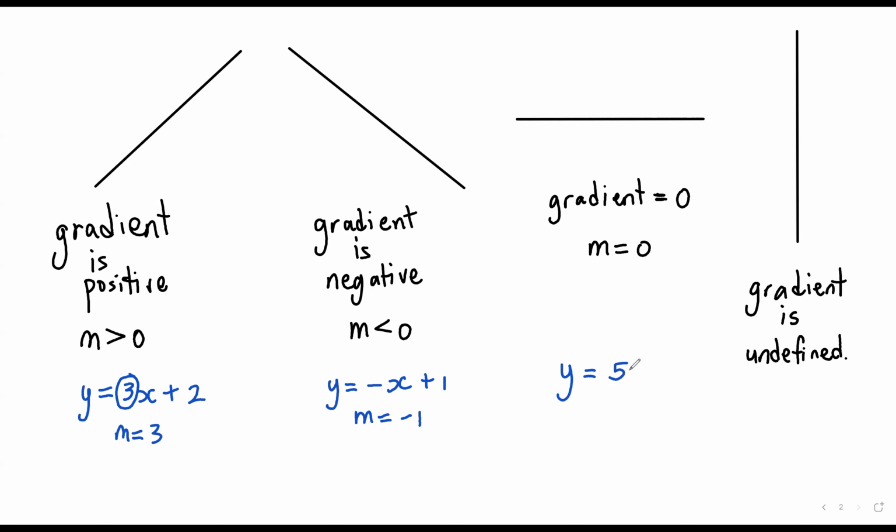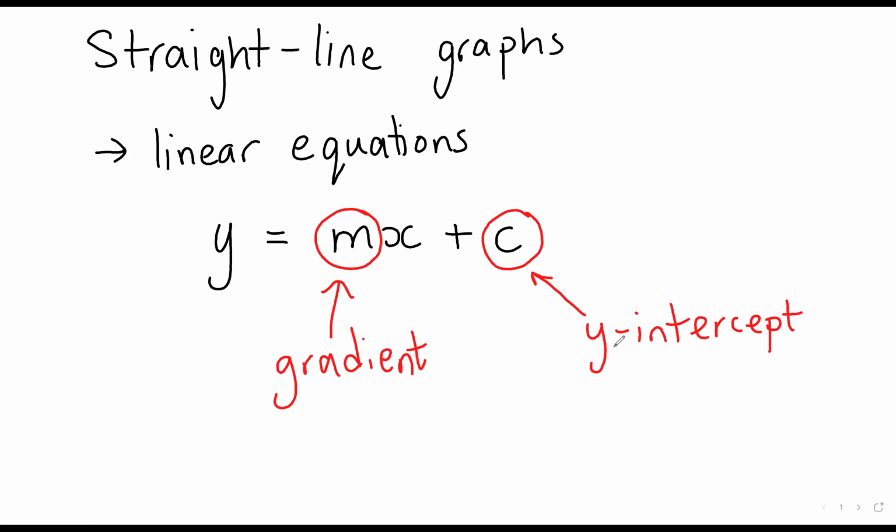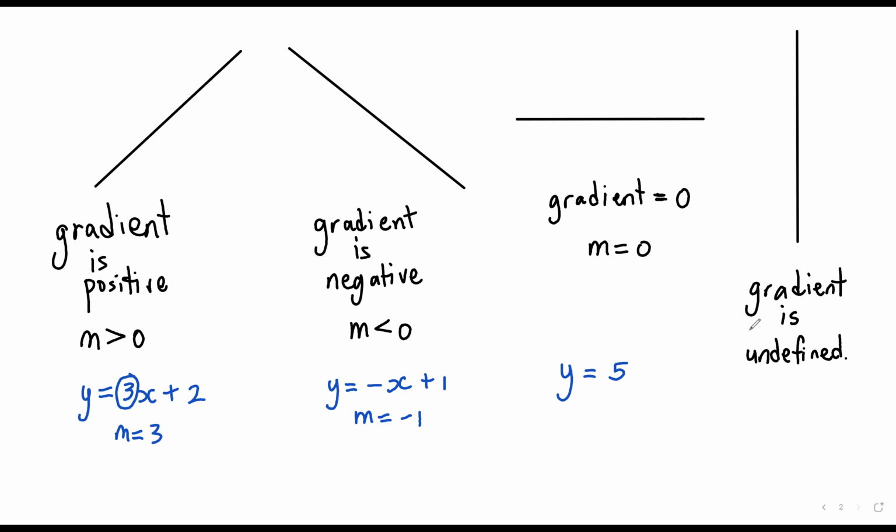So it still is in the form y is equal to mx plus c, but there is no term in x, so you just have y being equal to c. And remember, just a couple minutes ago, we said that c is the y-intercept. So for a horizontal line, the equation of any horizontal line is simply y is equal to the value that it passes through the y-axis. So for example, it could be y is equal to 5. It could be y is equal to negative 3, right? These are both